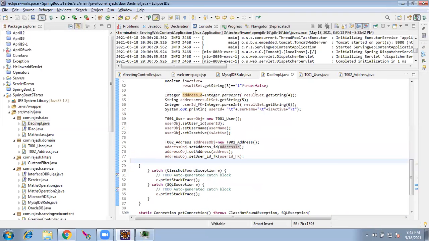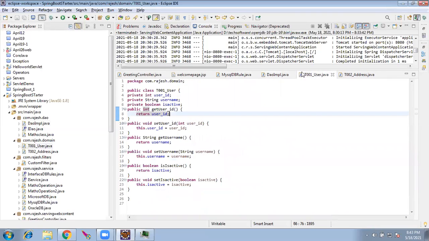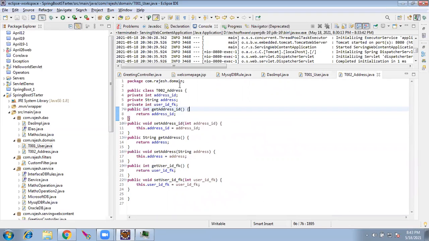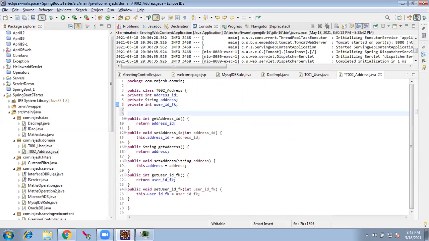Now I said that in the user object we have these fields. These are straightforward. In the address object we have the user ID. Actually we should not be doing it this way. Instead of keeping user ID, I'll not delete this, instead of keeping user ID, we can keep the entire user object here. This is the base for Hibernate.